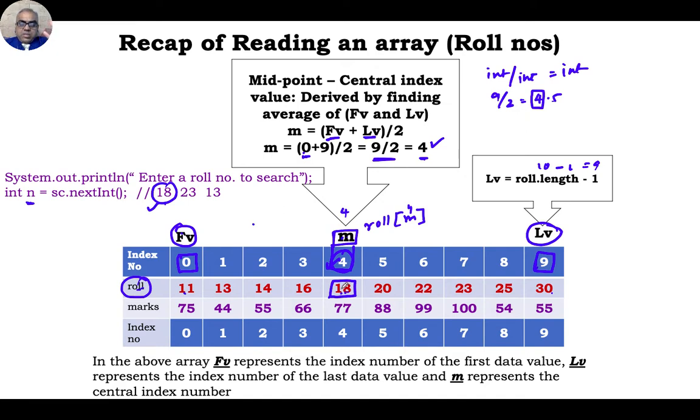The second option that you have is, what if my input value is greater? For example, my input value is 30. If my input value is found greater than my central cell data, then if you look at this, all numbers greater than 18 are on this side. So if my input value, which is 23, is greater than my central cell data value, my search is going to be on the right hand side.